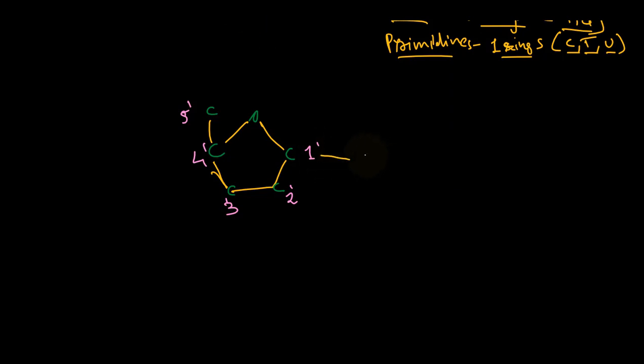Now the base is attached to the sugar. At the first carbon the base is attached, right, and at the 5th carbon of the sugar there is attachment of a phosphate group, the ion of phosphoric acid. I have to draw the structure of the phosphate group. Phosphate, oxygen is attached here, oxygen, right. That is the phosphate group attached here,